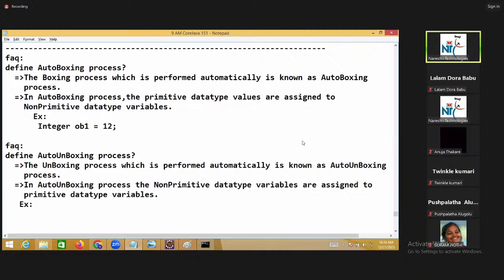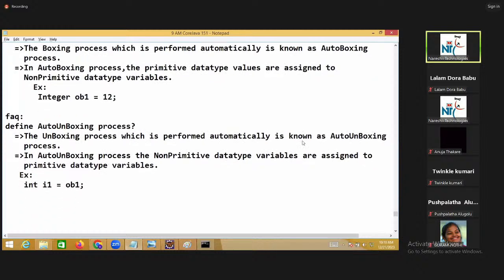Example, int I1 is equal to OB1. So no need to use manual methods here. We had auto unboxing theory.